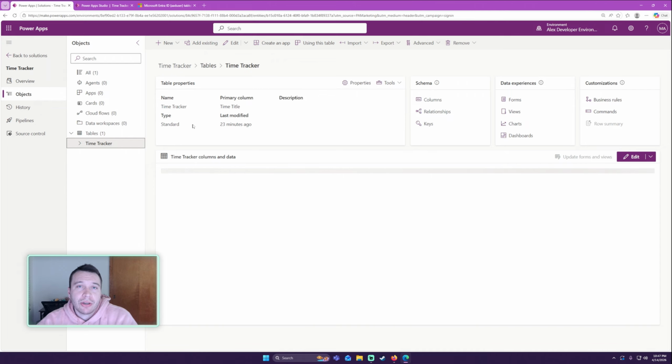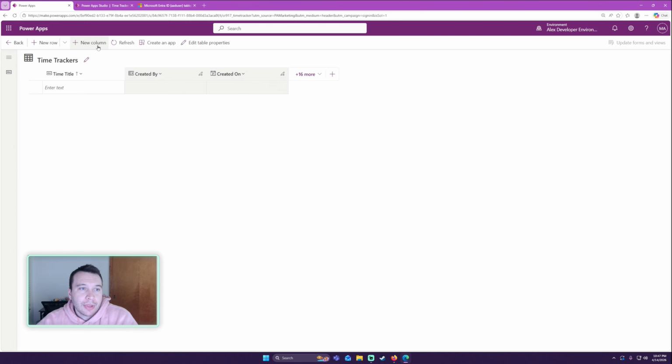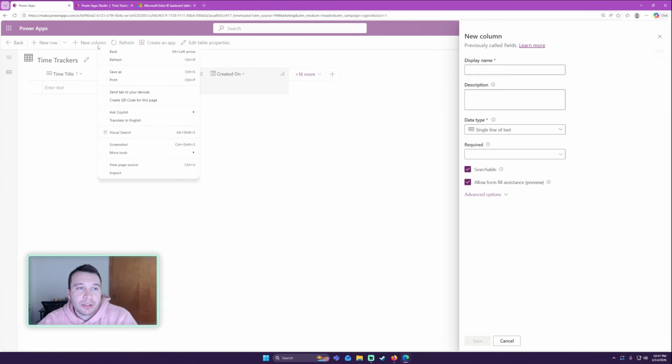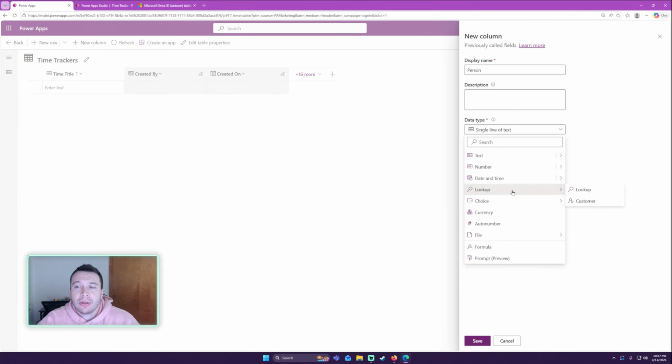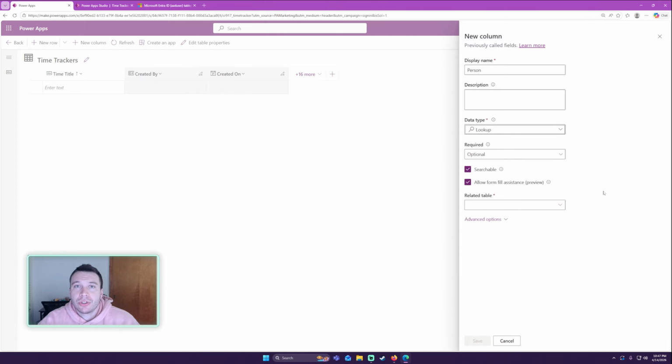So I went ahead and created a table. I have a time tracker table. It's a very simple table, just one column right now, and then I'll add on the second person column. So let me go ahead and go to edit in my Dataverse. I want to add a new column to my Dataverse table, and I will just call this column person. For the type, this is going to be a lookup because we want to make a relationship to another table, which would be our Microsoft Entra table,